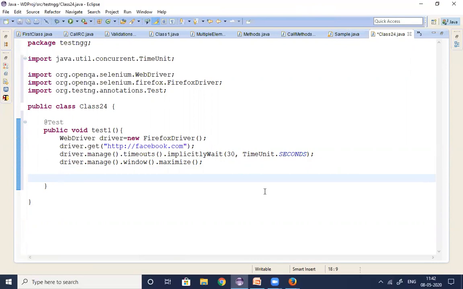For example, the email element should be available in the Facebook application. How to verify the email element, guys? First, we are checking whether it is available or not. Boolean element_available equals driver.findElement(By.xpath(